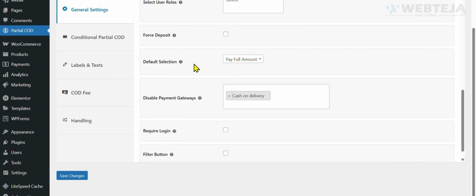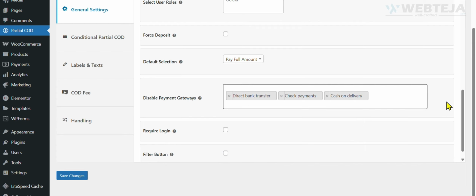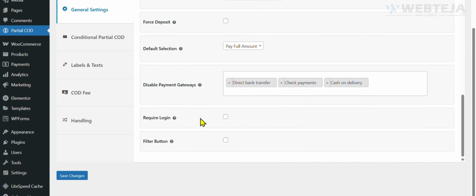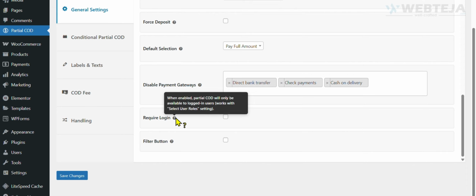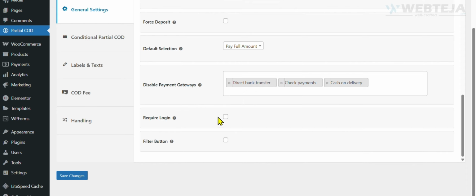Default Selection. Choose whether the Partial COD checkbox should be checked or unchecked by default when customers reach the checkout page. Disable Payment Gateways. Select payment methods that should be hidden when Partial COD is available. Use this to prevent confusion with incompatible payment options. Require Login. When enabled, only logged-in users can use Partial COD, which helps track customer payment history more effectively. Filter Button. Adds a convenient filter button in the admin orders list to quickly view only Partial COD orders, making